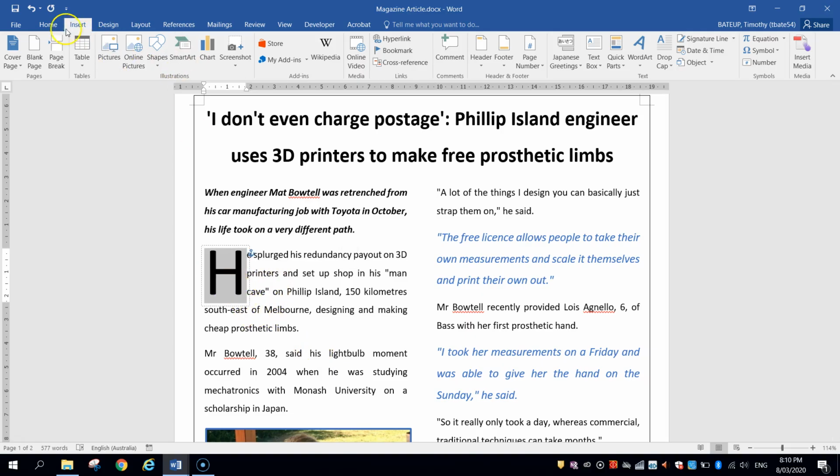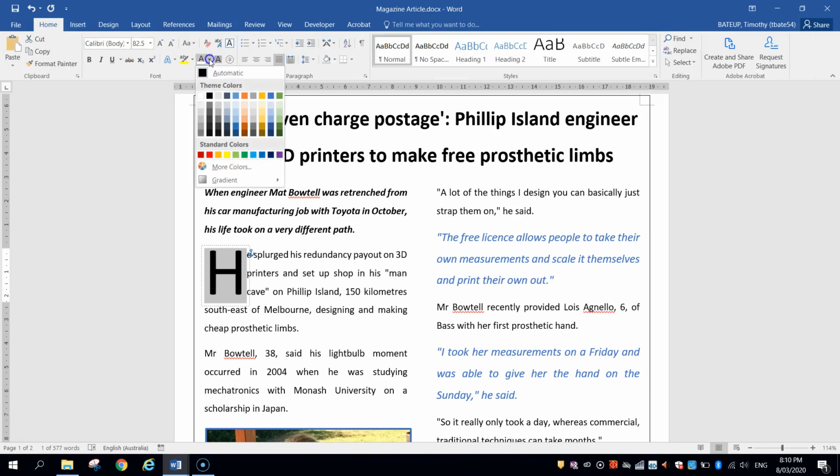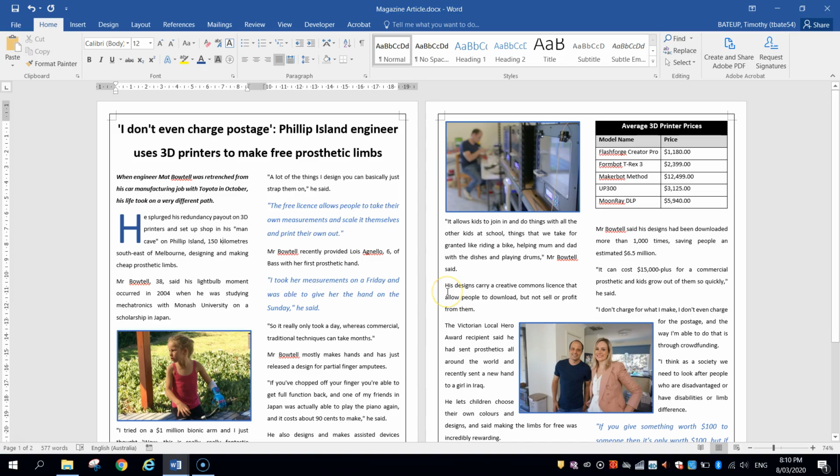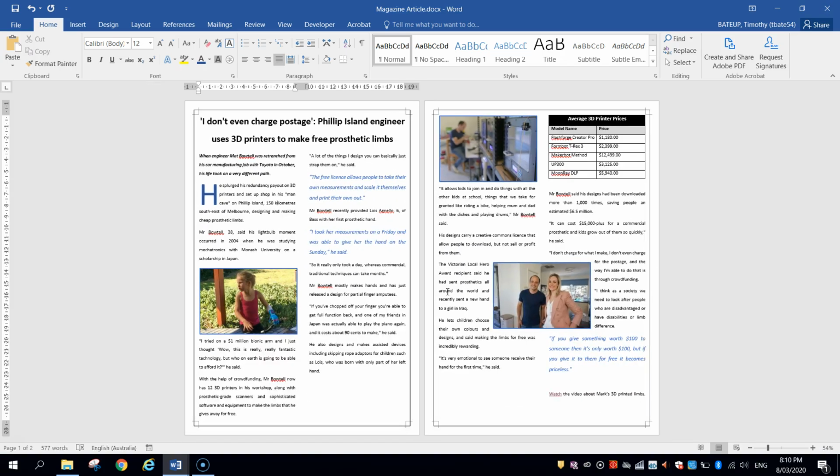A nice feature too is to colour that letter. A lot of magazine articles that do use drop caps tend to colour that letter, so I'm going to go with a blue colour just to keep in the sort of theme we've got going on here. I think that's looking pretty good, so I'm happy with that. If you have got something pretty similar to that, then happy days. Show your teacher, just make sure they're happy with it as well, and you've got yourself a finished magazine article.